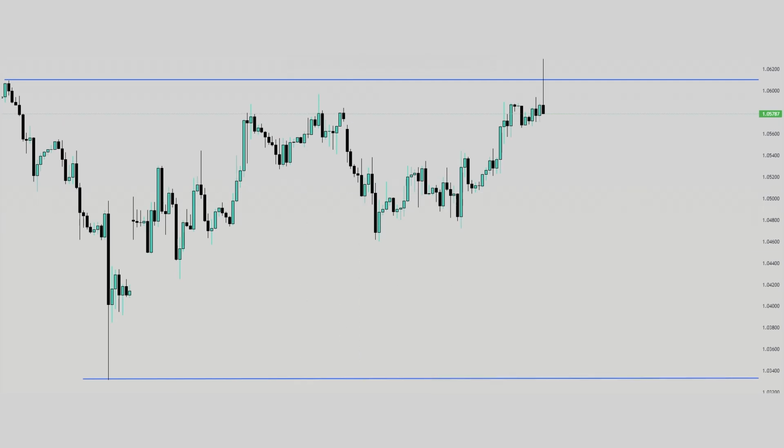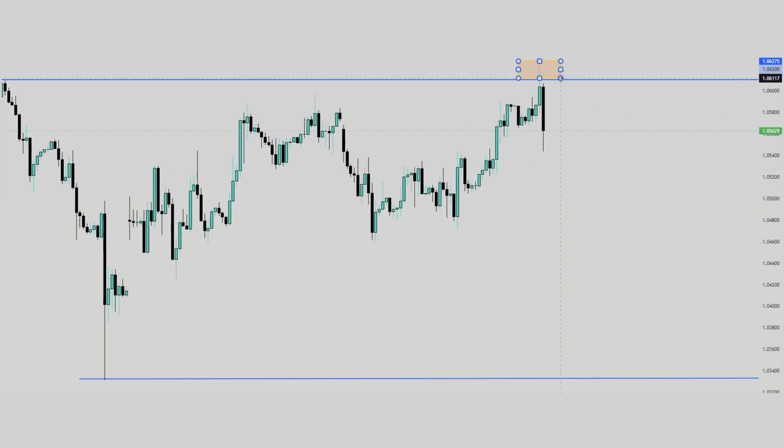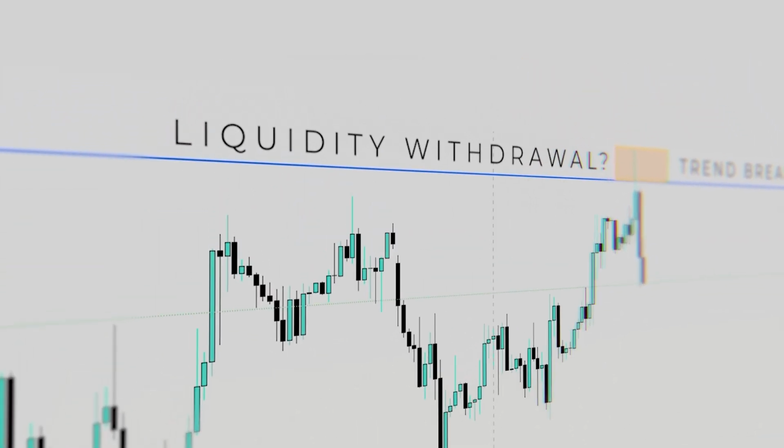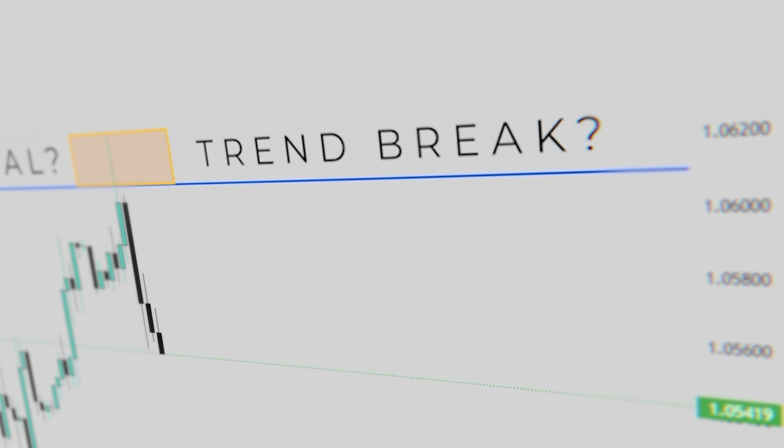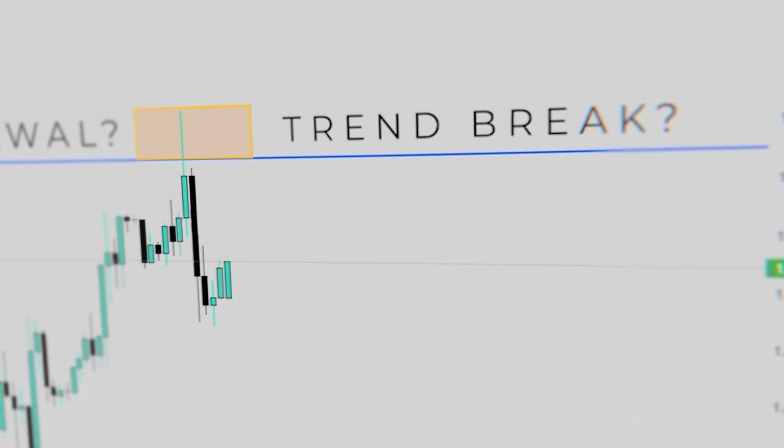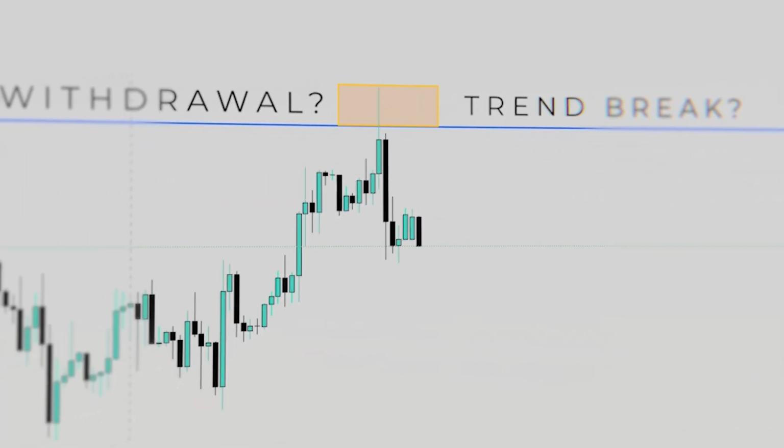When the price sharply breaks through a significant point and then suddenly reverses, many traders wonder whether it was a liquidity withdrawal or a trend break. To figure this out, you need to understand how the smart money actually works and how the big players move